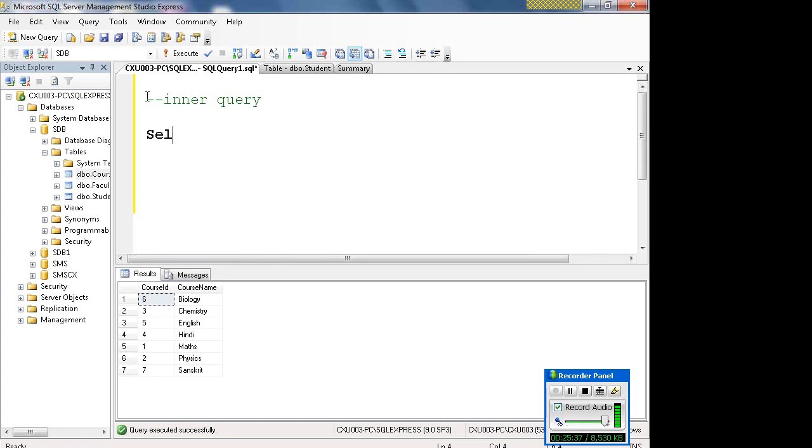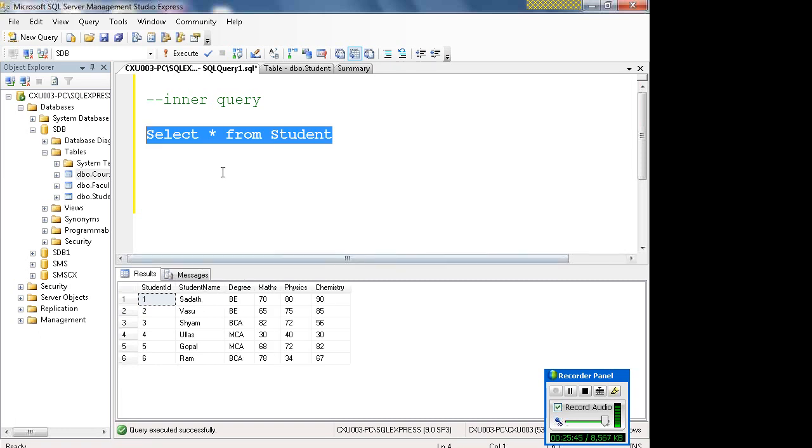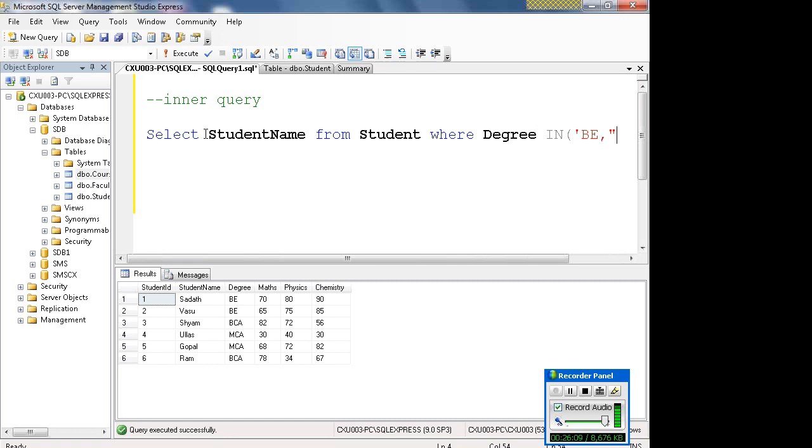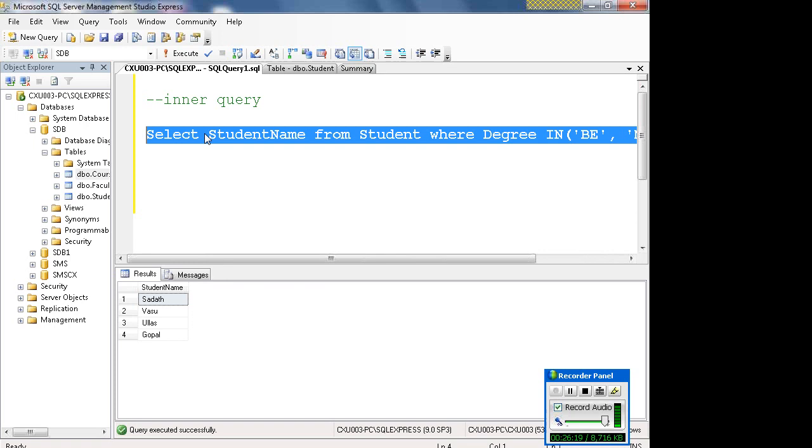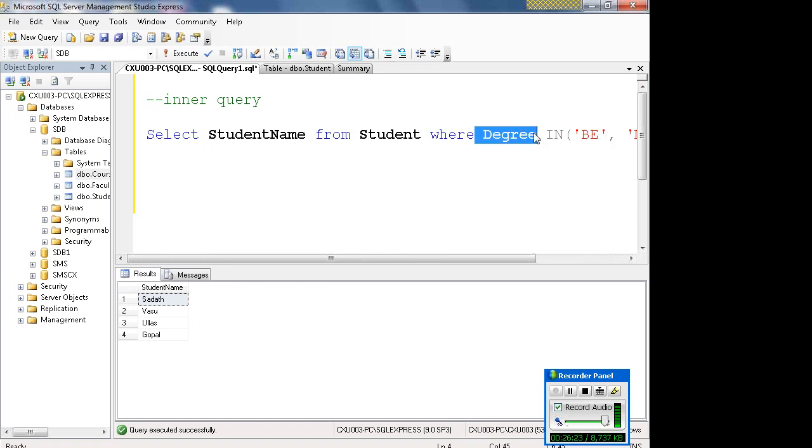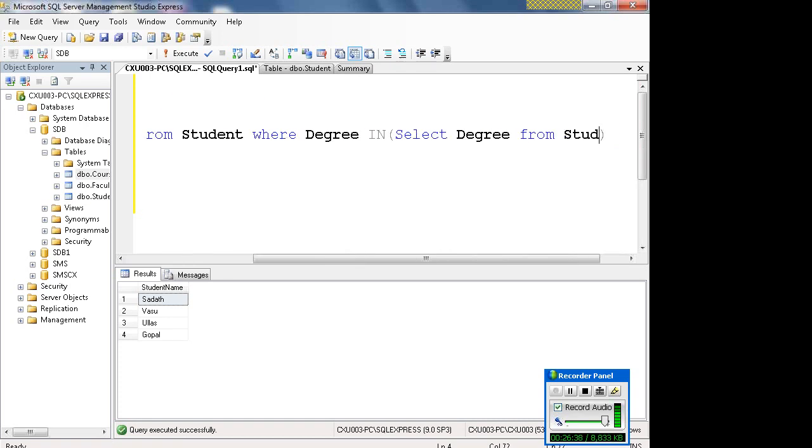Okay. Say we have a table called student, we'll say select star from student. If I want to know the names of students whose degree is either BE or MCA, what will I write? I'll say select student name from student where degree, I can just say in BE, MCA. Okay. Or I can say select student name from student where degree in, and then I can just say select degree from student where degree in